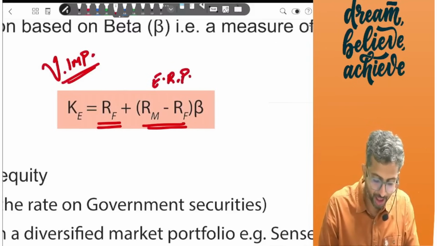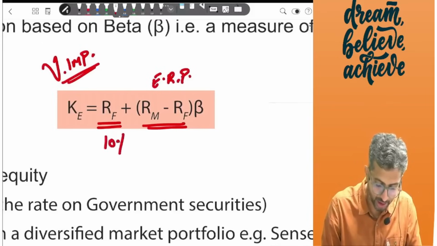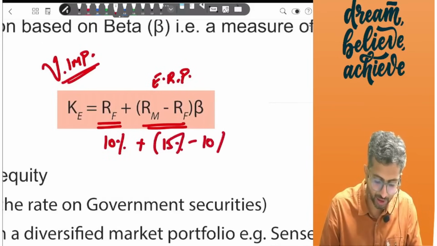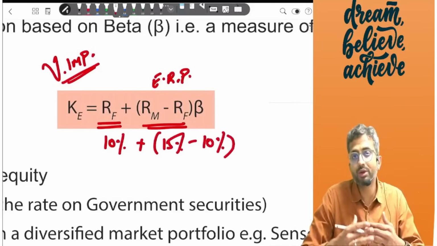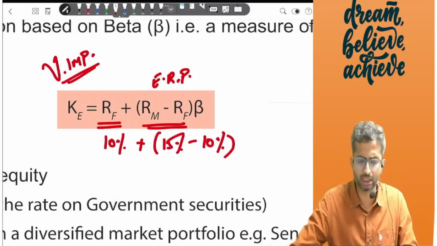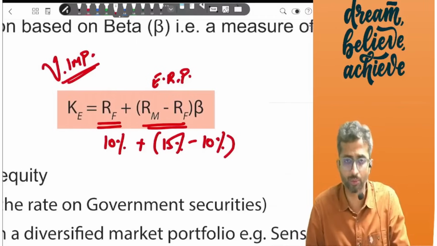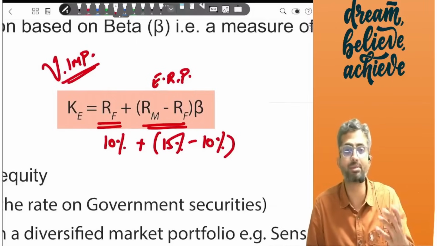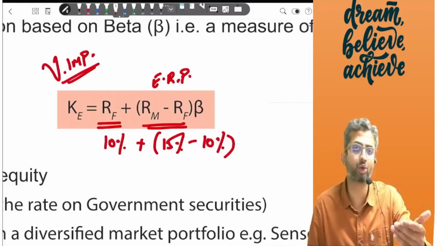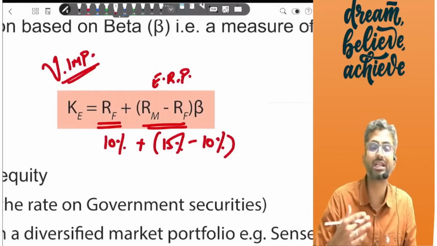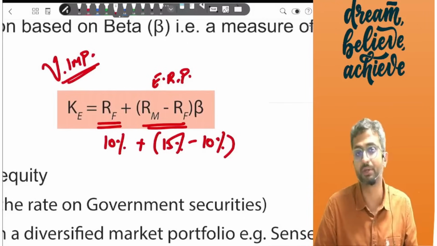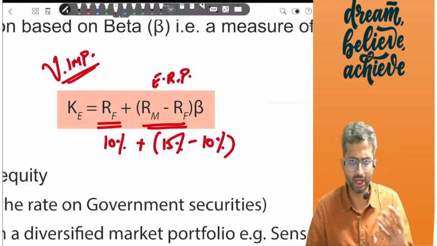So if my government bond is giving me 10% and Sensex is giving me 15% or Nifty is giving me 15%, I'm saying that now I'm moving from a risk-free setup to a risky setup, and hence 15 minus 10, that is equal to 5, is the premium that you should expect on an average if I move to equity. But I am not investing directly in Nifty. I'm investing in a particular stock. Let us say like